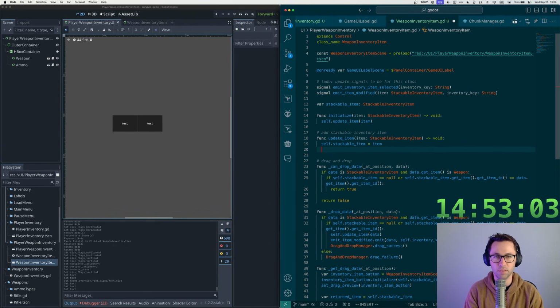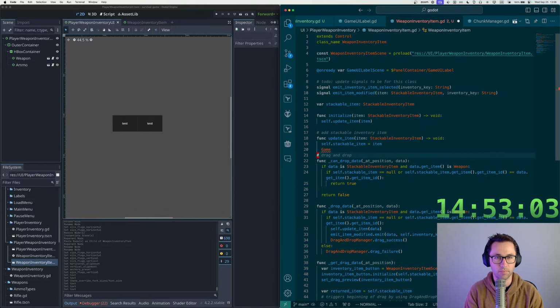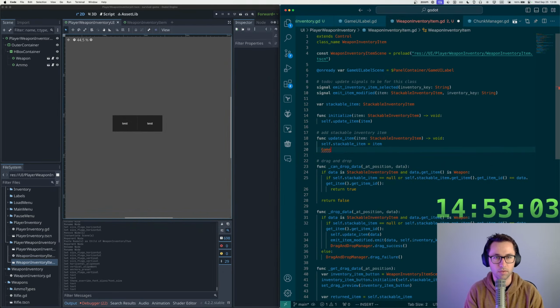We also need a way to update the label text. That's what I'm trying to figure out. So game, whoops. Game UI label scene dot text equals